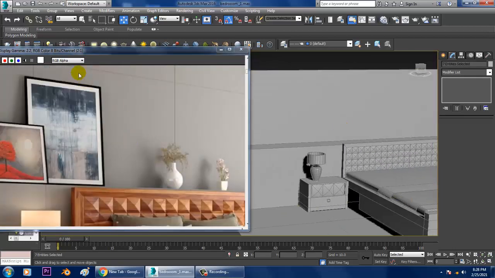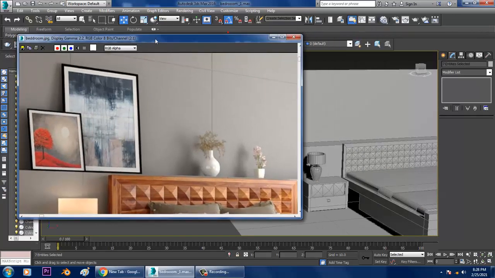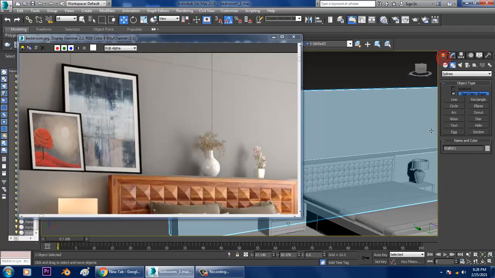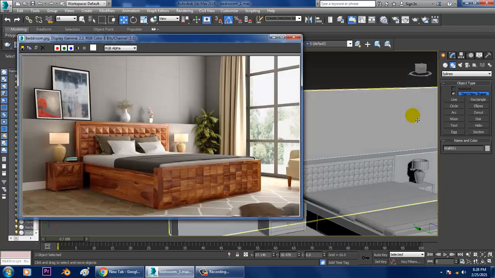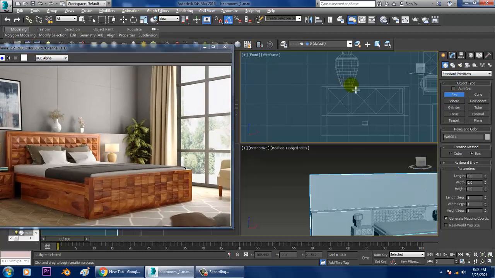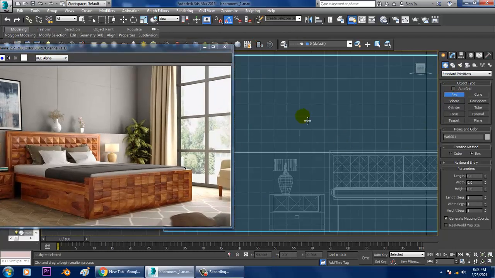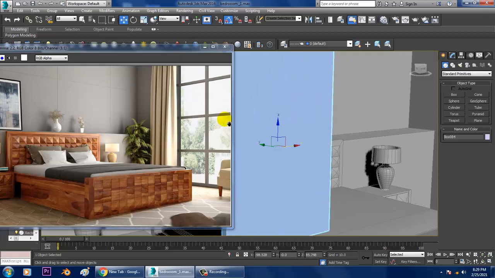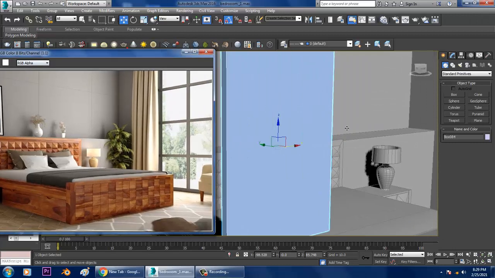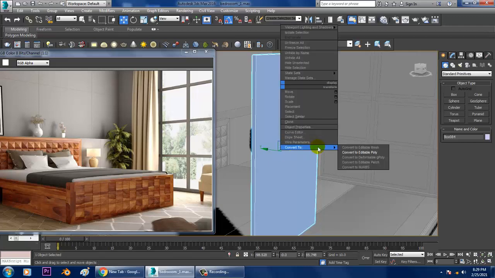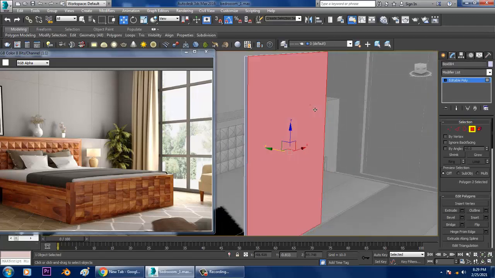Now we'll create this frame over here. For creation of this frame, let's take a box over here in this way. Convert to editable poly.